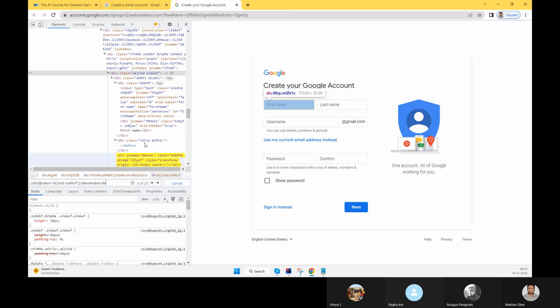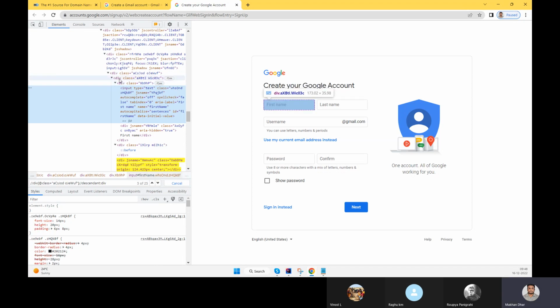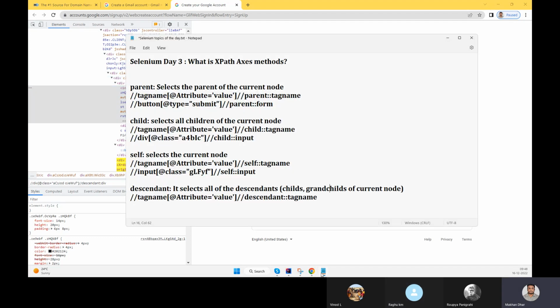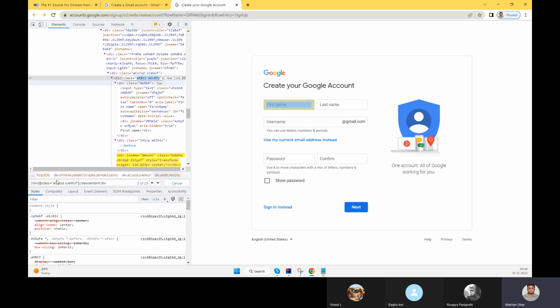Now how to tackle this case? So let's assume this is completely one parent, and this is pointed to this first name. Now this input is a child of div, and this div becomes the grandparent. So definition wise, what we have to do, all the child or grandchild. So here div is my grandparent, and if I take this value now,